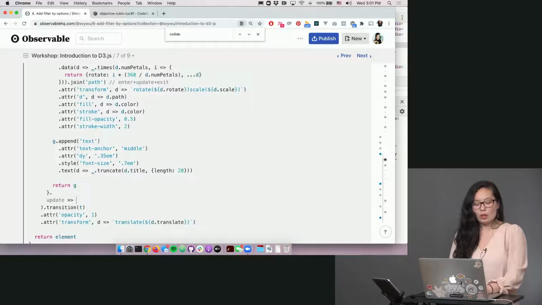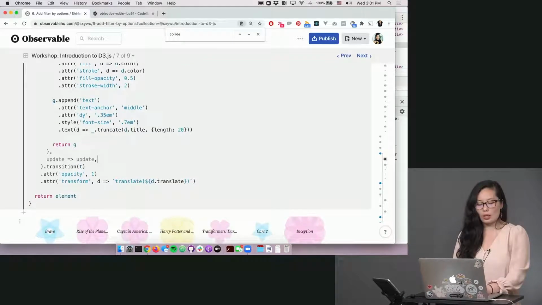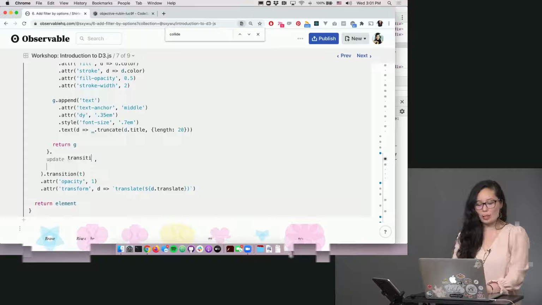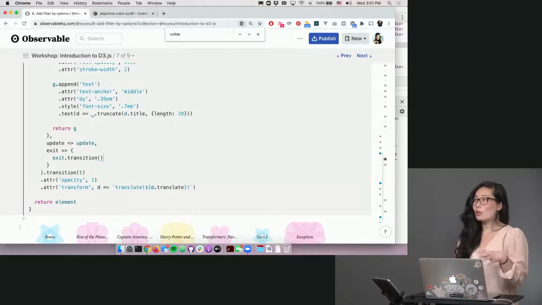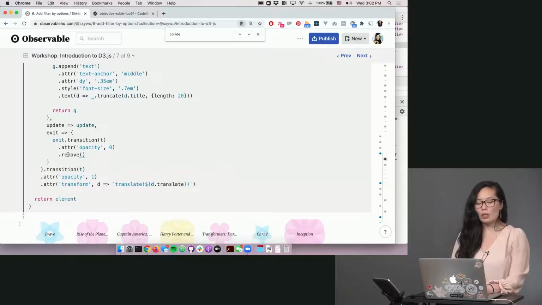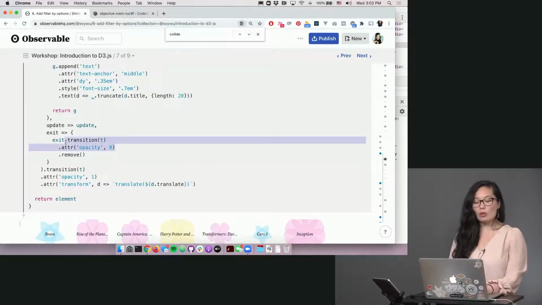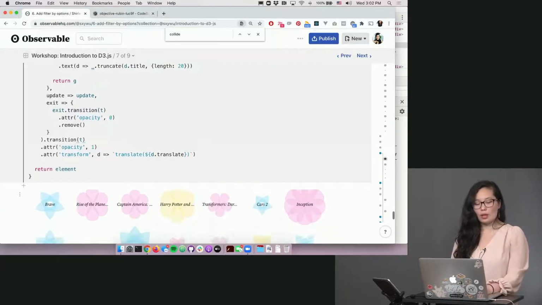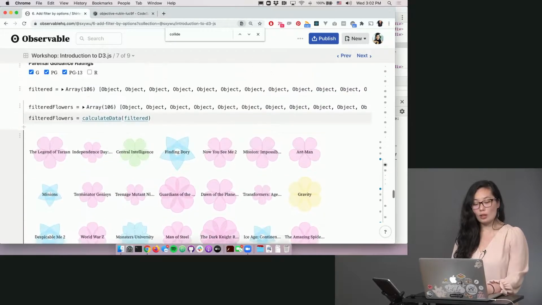So let's say that we want to have those exit elements, those elements being removed, go from 1 to 0, and then we're going to chain remove on that, and D3 knows to only remove the DOM element once this transition finishes. So now let's take a look